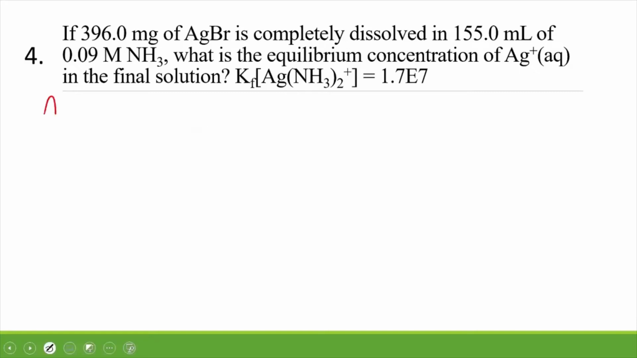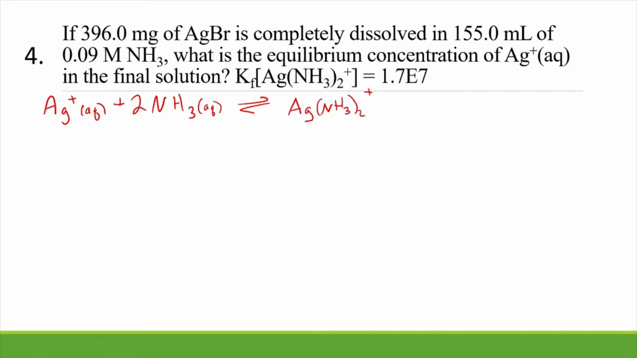So we have some Ag plus and 2 NH3, you can see that from here, and that is making this Ag(NH3)2 +1 complex. And when in doubt, ice it out. So we're starting with 0 silver and 0.09 molar for ammonia because we're told it's right there. And we also have,